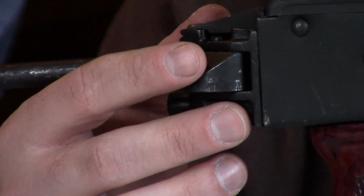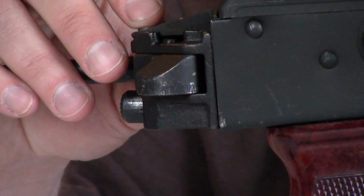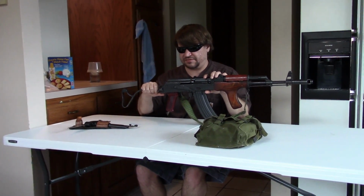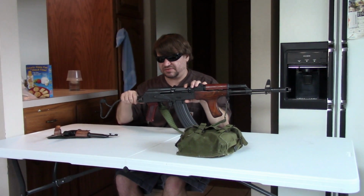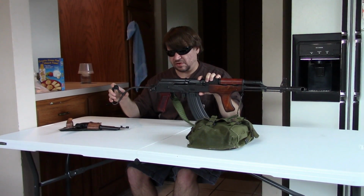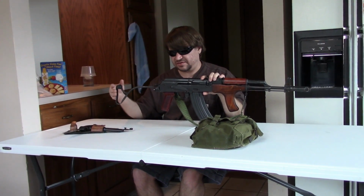The idea was they could easily put on a fixed stock if they wanted to, going between fixed and folder without having to have a different gun. They had enough experience with that with the PM63 and PM65, but in reality, pretty much all PA86s had this